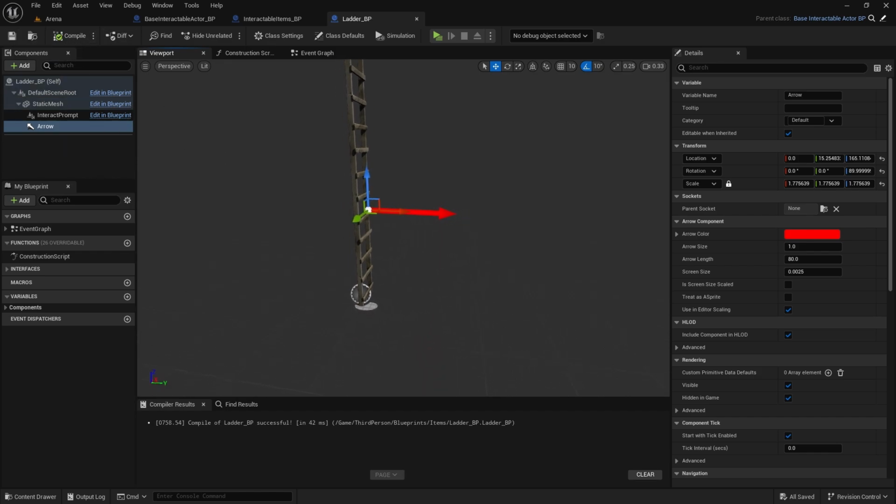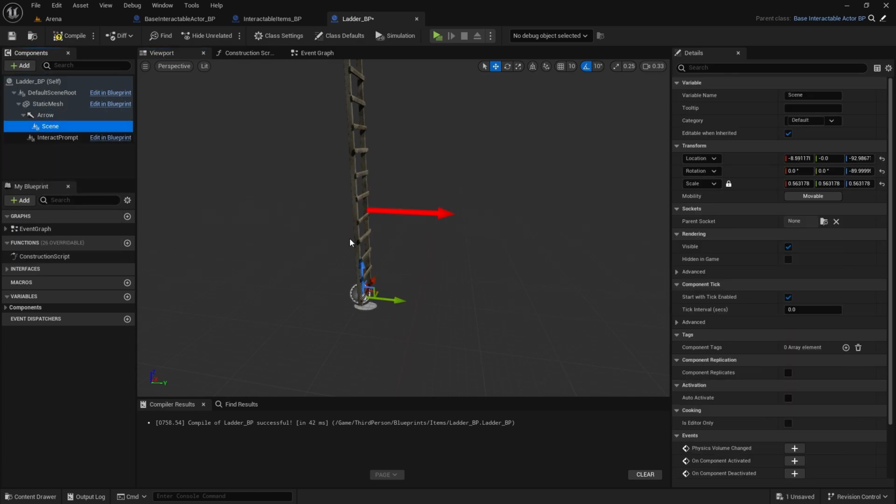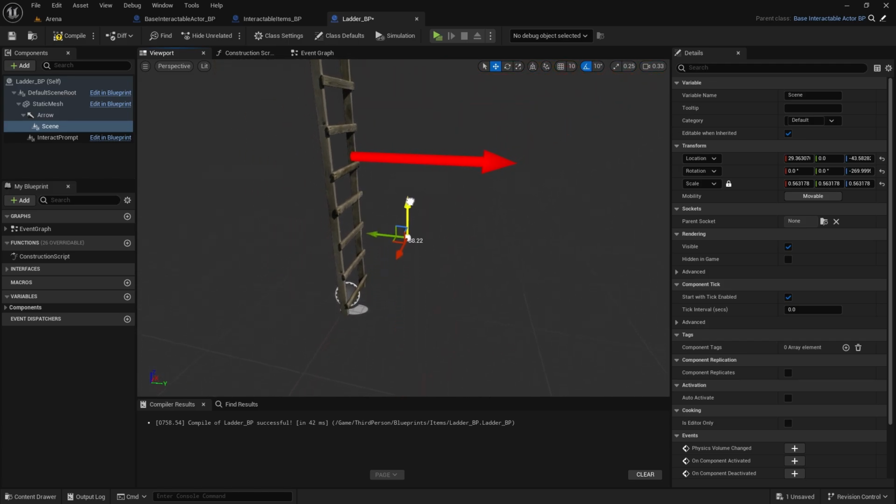And that is all, and then we can set up a scene, and we're going to set up a scene because this is invisible, and we're going to set up a scene where we want the player to stand. So I'm just going to move it forward somewhere here, and then rotate it by minus 180, so it's facing that way, and this will be the point that will move the player. Also move it to my location. It started with a minus, and that is because I added it to the arrow actually. So I'm going to move it to default,